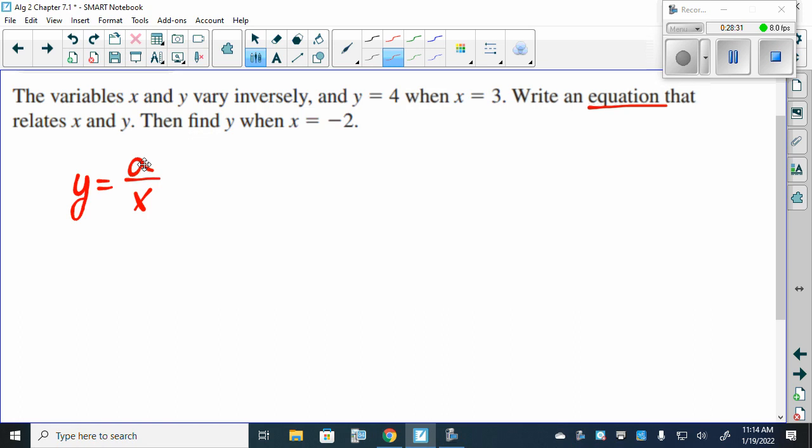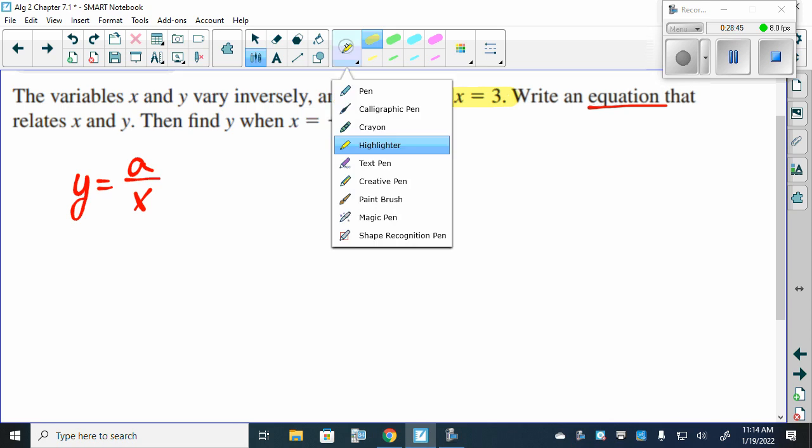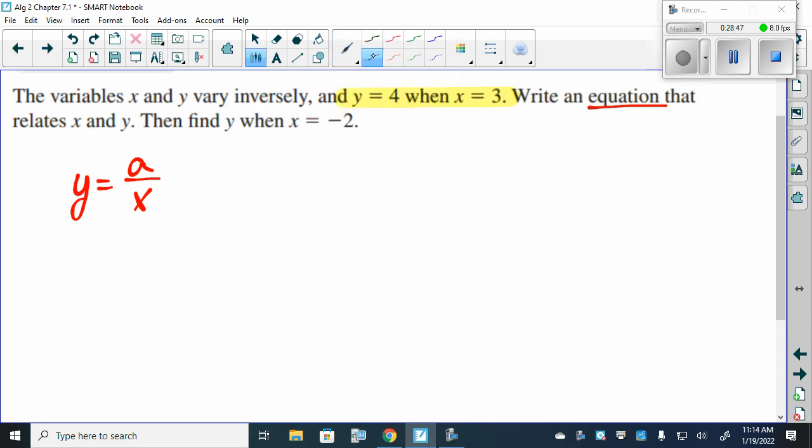Well, they did give us a piece of useful information, yes? What did they tell us? Yeah, y is equal to 4 when x is equal to 3. And what we can do is take that information and plug it into our equation, because they told us y is 4 when x is 3, yes? Did they tell us what a was? Well, no. But now I have 4 is equal to a divided by 3. I only have one variable in that equation, yes? And we can solve for it